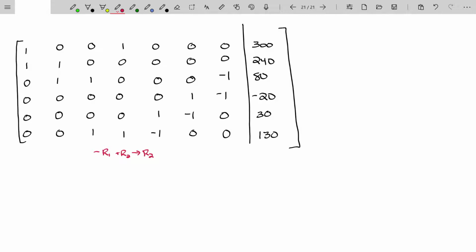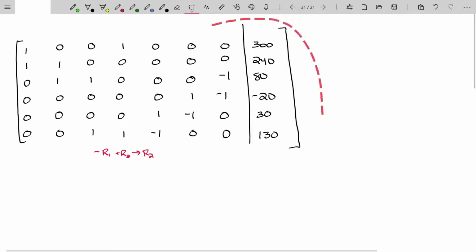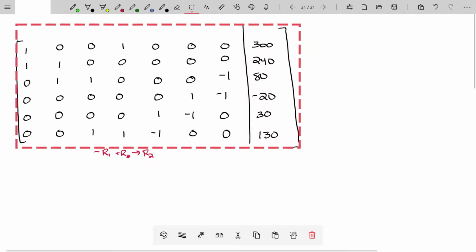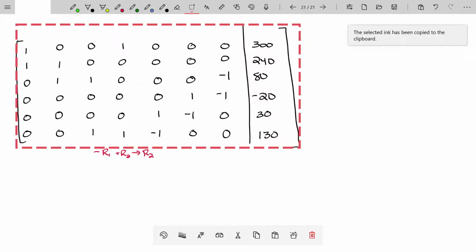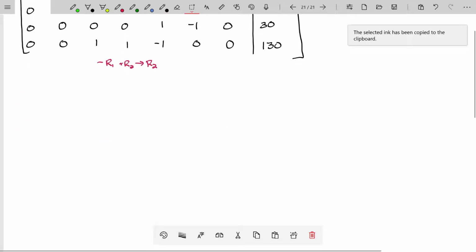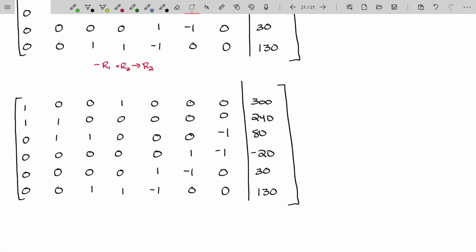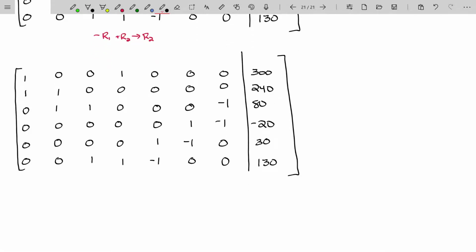Very fast, easy method. Let me copy and paste this, and then I'll showcase how I might have done it if I was doing a very large system by hand. So copy, and then I will paste it here. All right. So if I was doing this actually by hand, I probably would just go ahead and say, well,